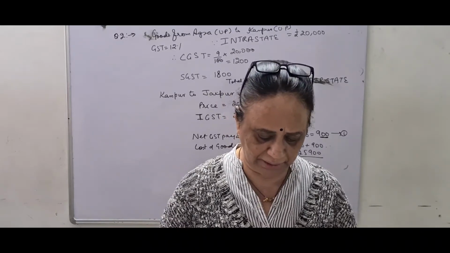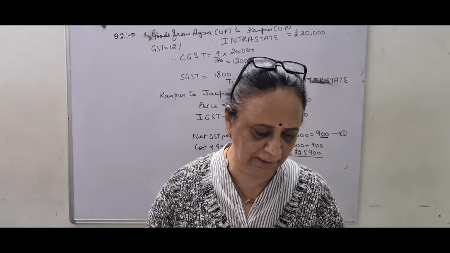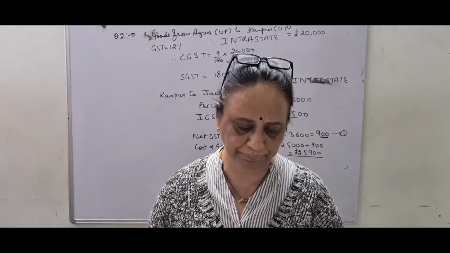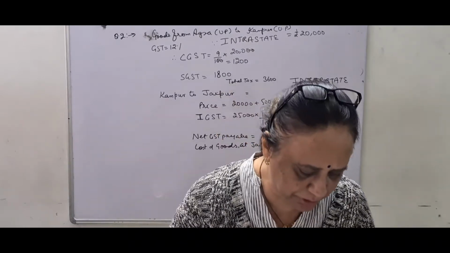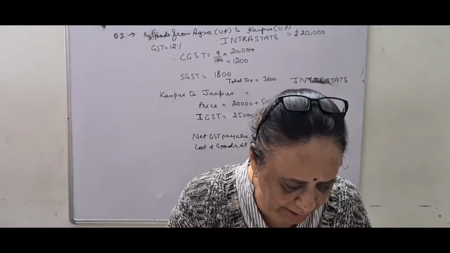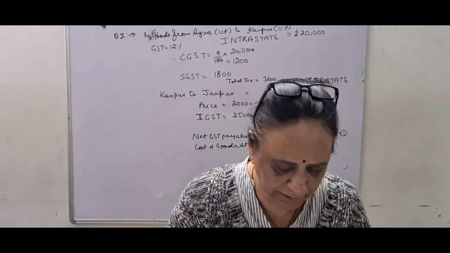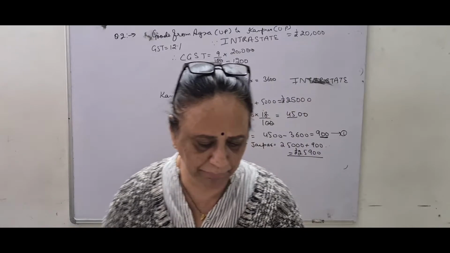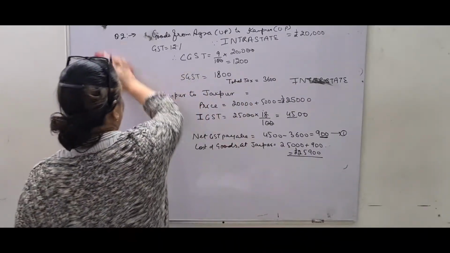Moving on to the same lines, let it be question number 5 now. He says a dealer A in Meerut, that means UP, supplied goods and services worth rupees 15,000 to dealer B in Ratlam. Ratlam is in MP, so understood it is interstate. So we'll go line-wise. It will be Meerut UP and Ratlam MP. So you write first here.